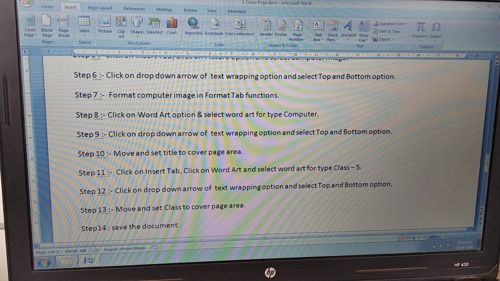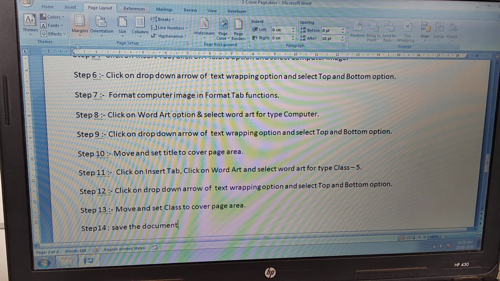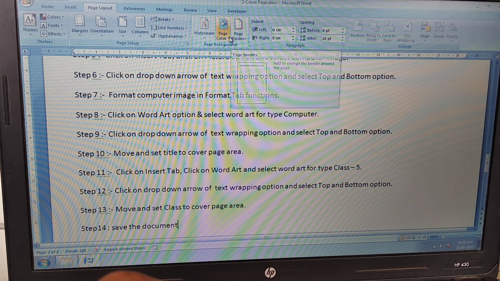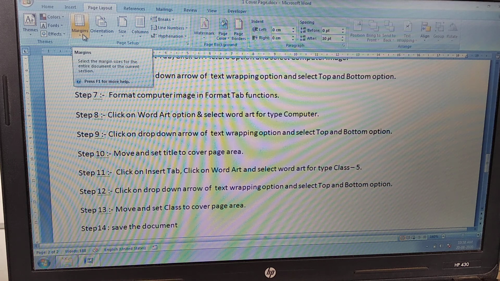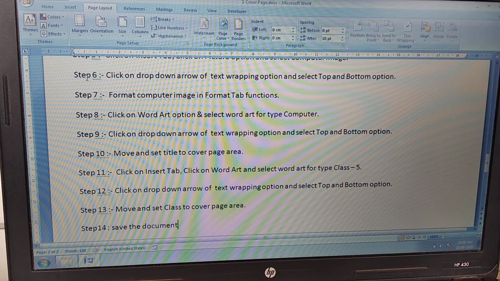Whenever you require the practical, you can open it for further use. If the next day you want to change the color of the page, you can change it by using the page layout. If you choose the different options here, you can apply to your page things like page border, page color, watermark, different options are available here. You can change the margin, you can change the size as you require. You can do different practicals the next day.